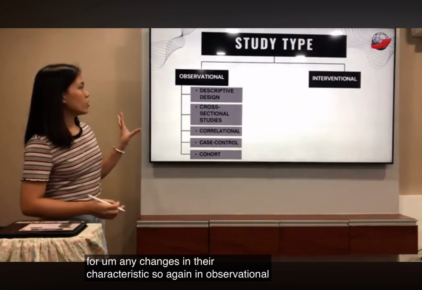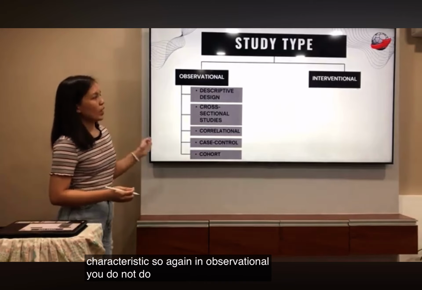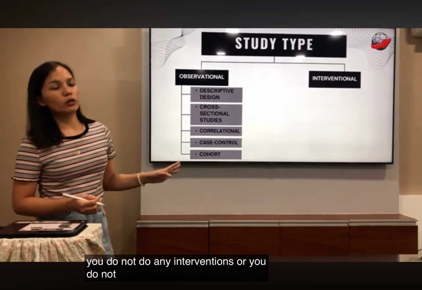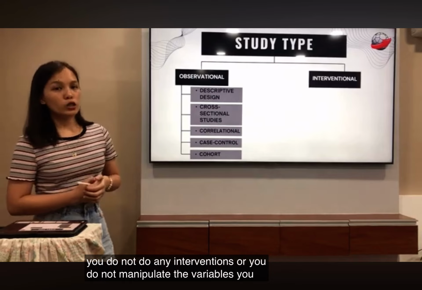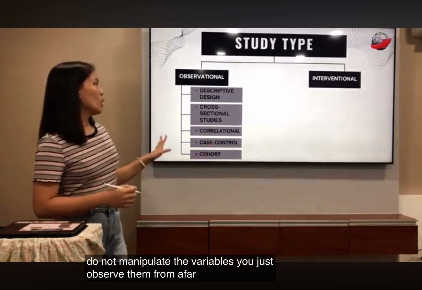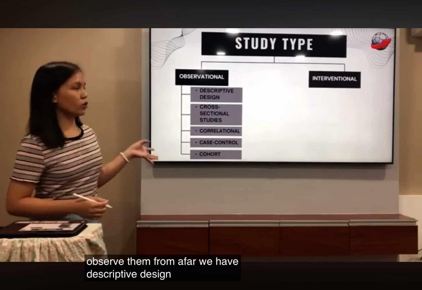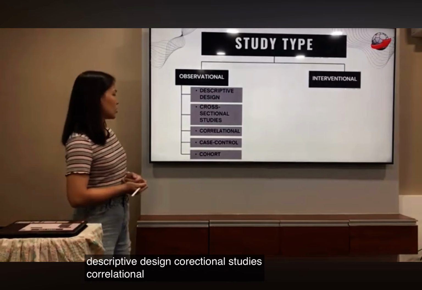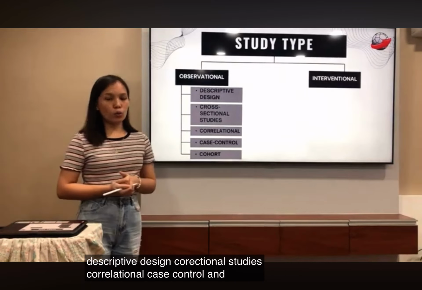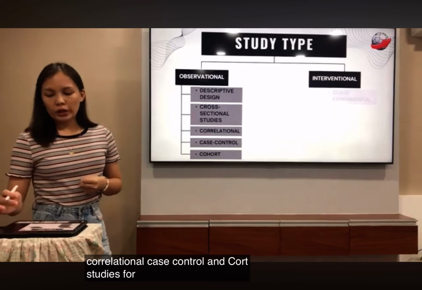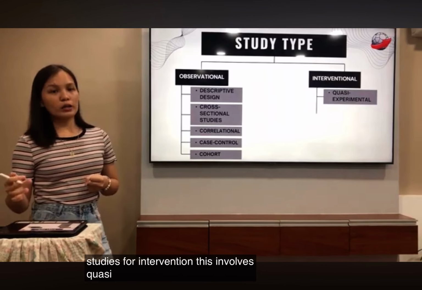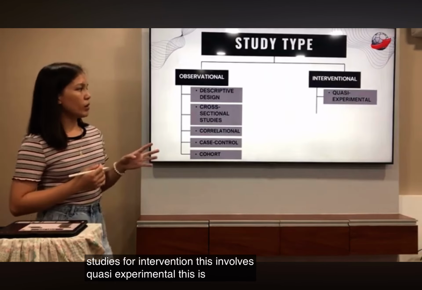So again, in observational, you do not do any interventions or you do not manipulate the variables, you just observe them from afar. We have descriptive design, cross-sectional studies, correlational, case control, and cohort studies. For interventional, this involves quasi-experimental. This is basically